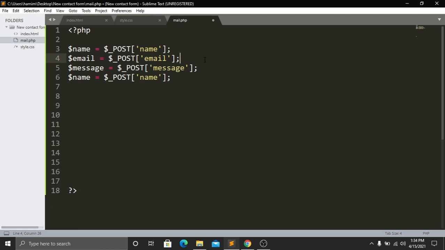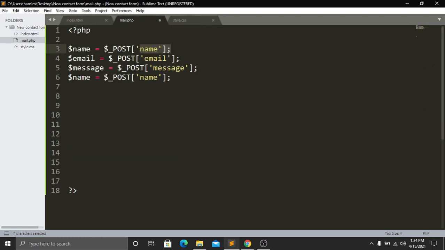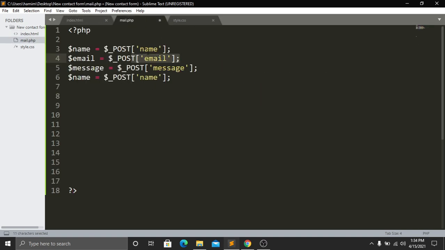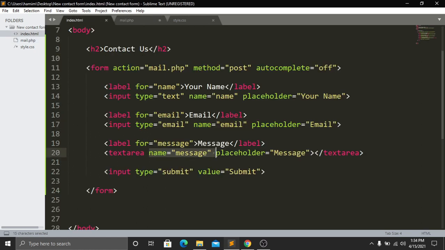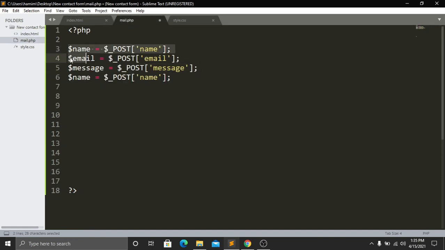That's it. So guys, here you can see that for our name variable I have stored the name, and this name is actually inside our input section. Here the name, and then I have stored the email inside our email section, and here you can see that we have a name email here. So after our email we have stored our message also, and this message is stored in this name message. So guys, here you can see that we have stored all of the values from our name, email and message inside these three variables: name, email and message here.